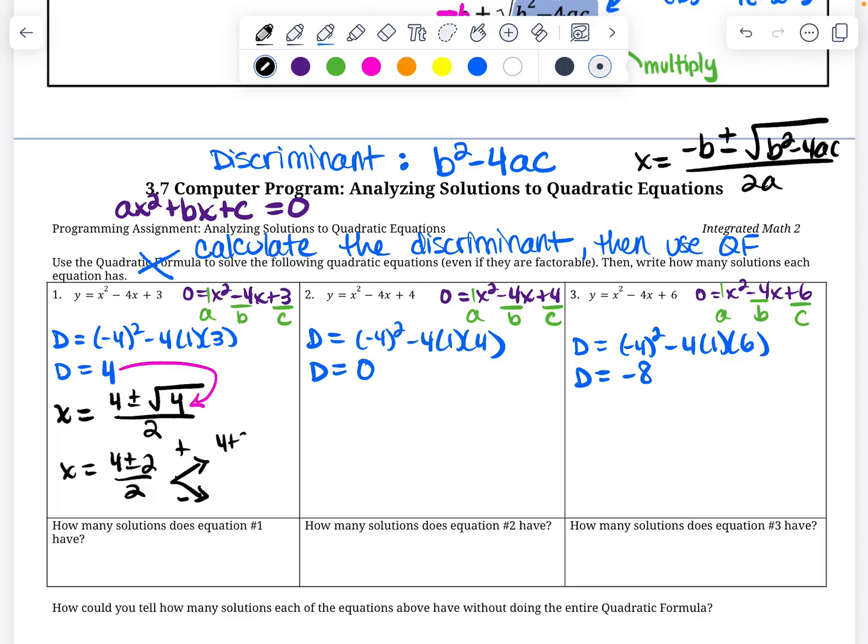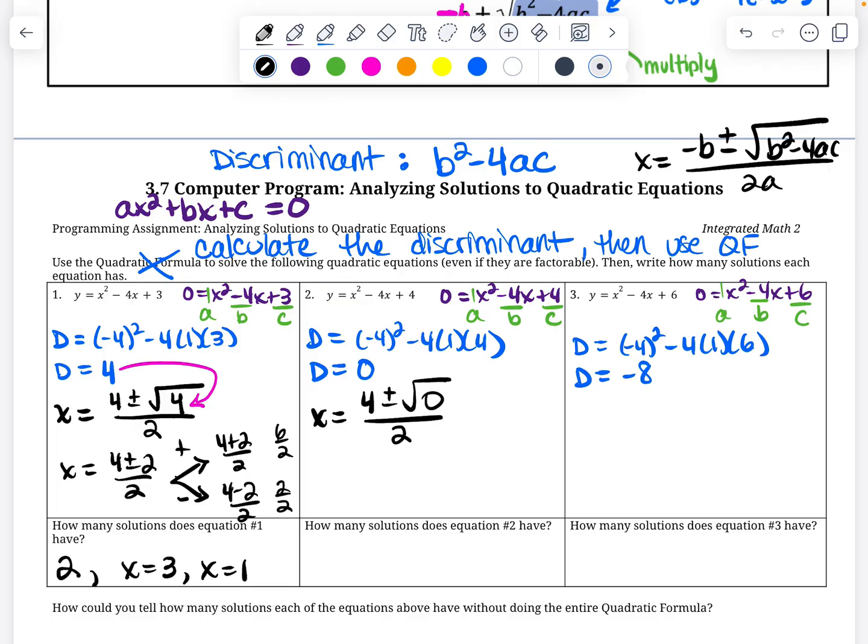So 4 plus 2 divided by 2, and 4 minus 2 divided by 2. So it looks like I get 6 divided by 2 and I get 2 divided by 2. I'm a little short on space, but it looks like I'm going to get two solutions, and they're going to be x equals 3 and x equals 1. All right, next one, x equals opposite of b, so 4 plus or minus the square root of 0